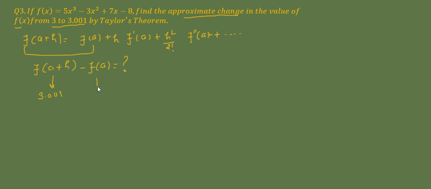3.001, and what will f of 3.001 be? f of 3.001 and this will be f of 3. So you have to compute the difference of these two values. You just have to apply Taylor's theorem for this point 3.001, taking 3 as a and taking h